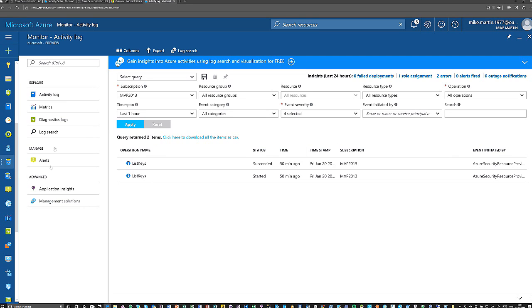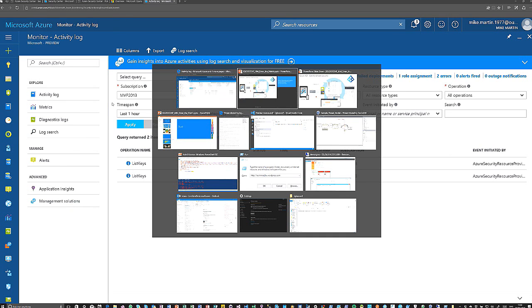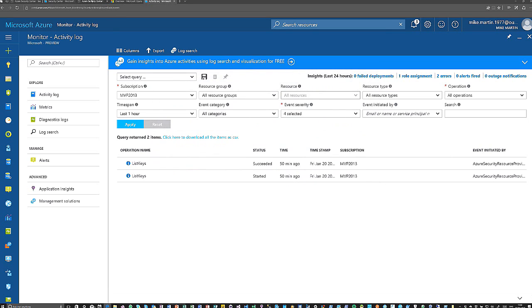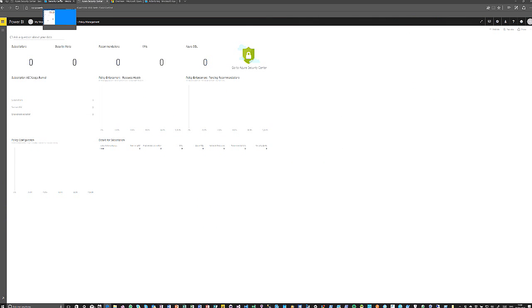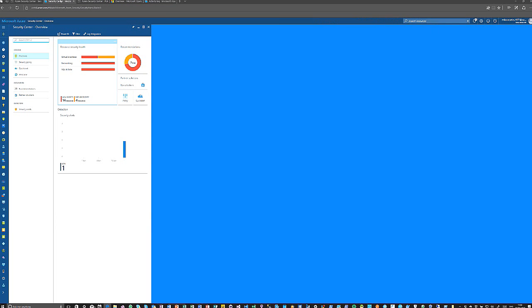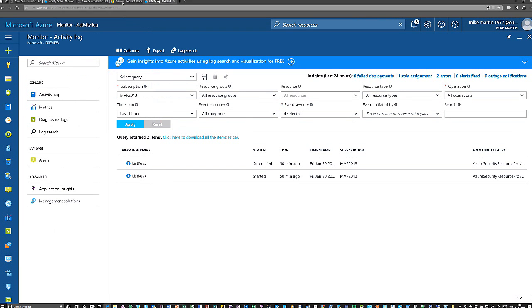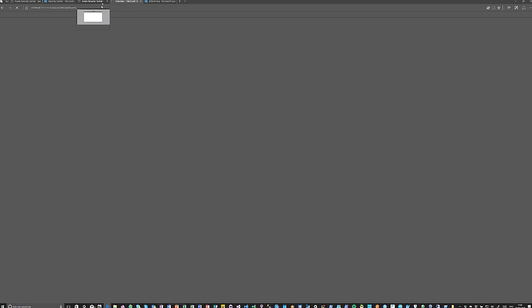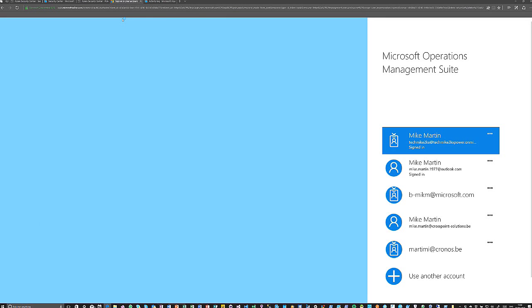Now, some other things that you can see here is, for instance, OMS, which is also a part of Azure. Where did I put it? The Security Center. Here. No. Where's my OMS? Yeah, here it is.